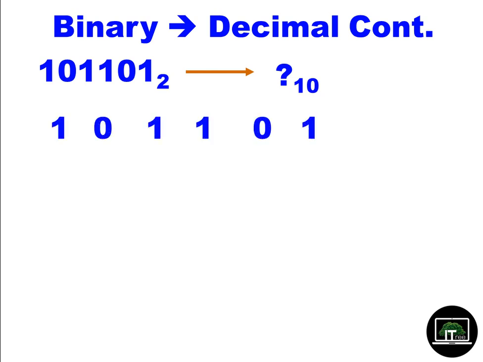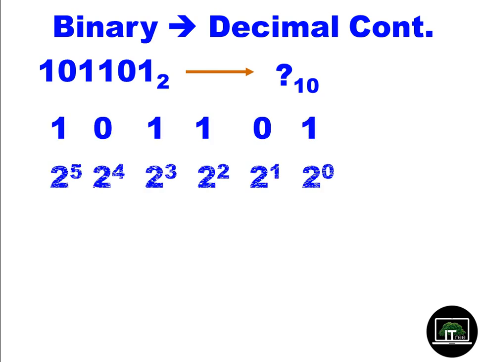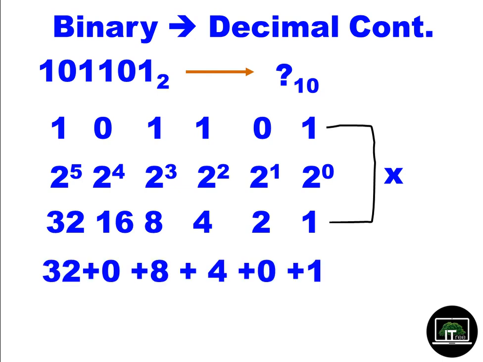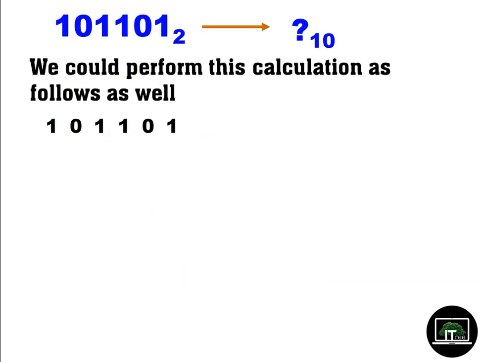You write with gaps. You write the positional value of these, 2 to the power 0, 2 to the power 1. It goes. You write the real values. Then you multiply these two together. 1 into 1 is 1, 2 into 0 is 0, 4 into 1 is 4, 8 into 1 is 8, 16 into 0 is 0, 32 into 1 is 32. Then you add together. It gets 45. 1 0 1 1 0 1 in binary you get as decimal 45. You can do this one in this way as well.